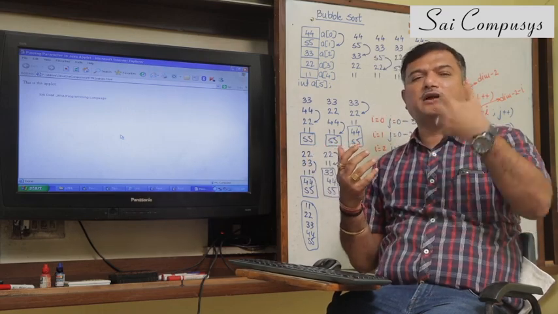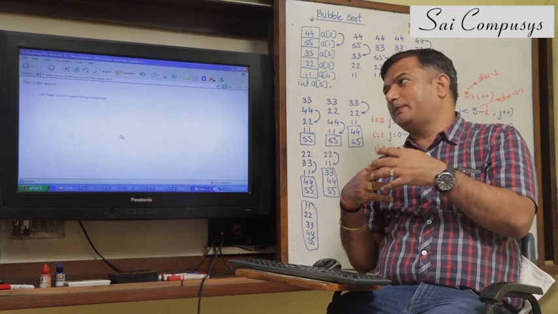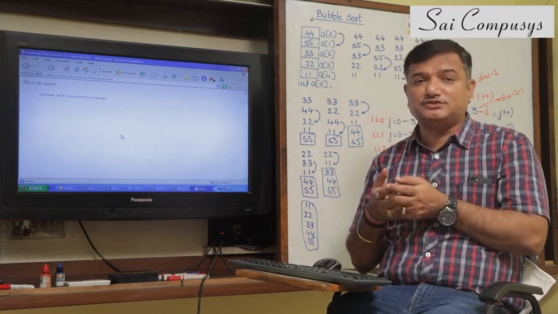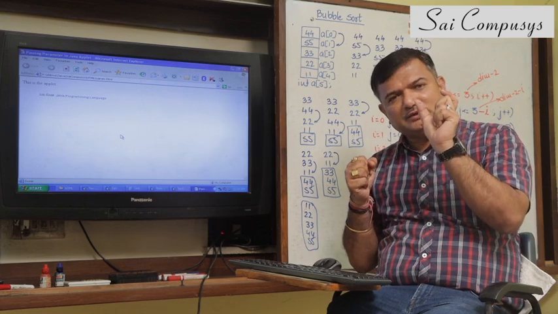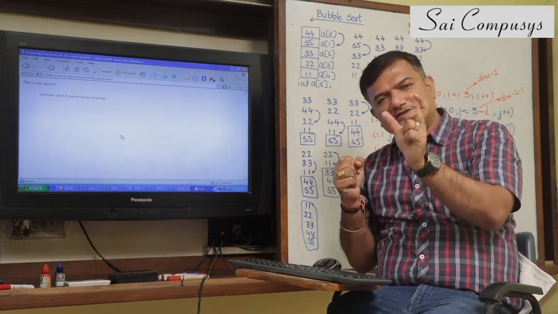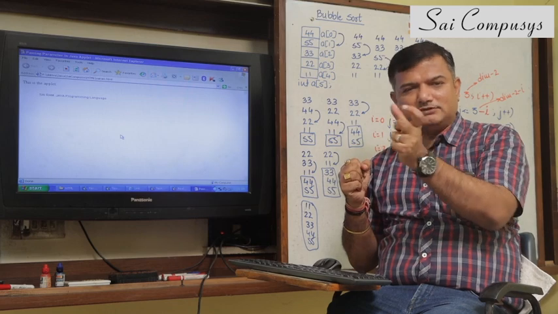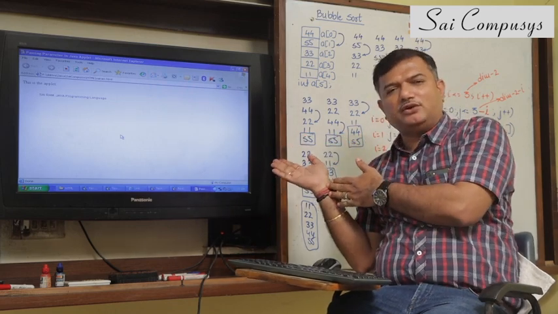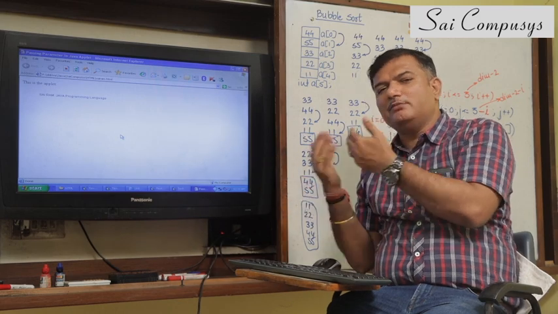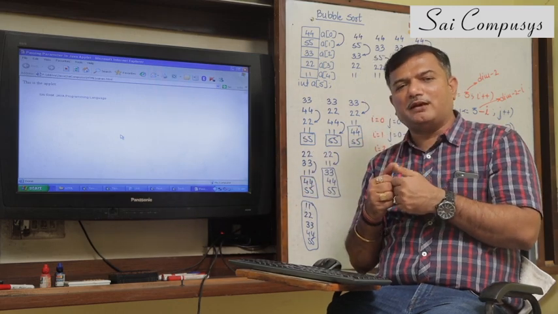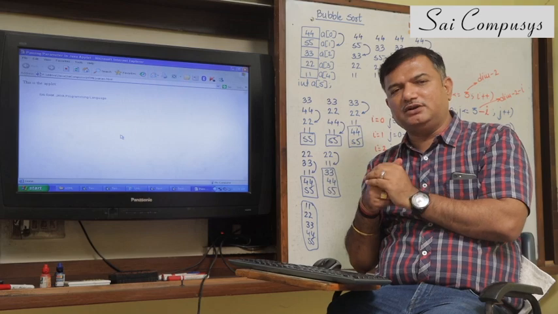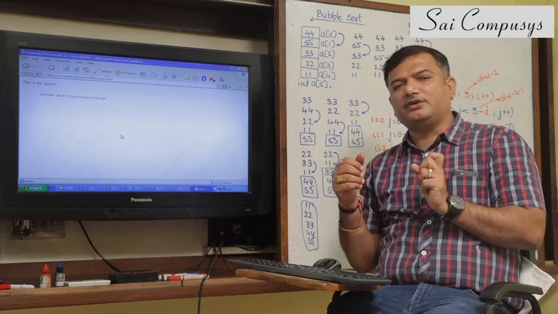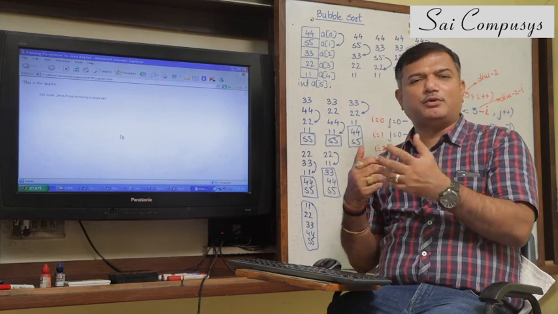Like I can pass the colors I want in the background. I can pass the color of my drawing. I can pass various things to the applet from the HTML. For that, I'll have to use the param tag. I'll have to specify the name of the argument, that is message in my example, and whatever value I can specify along with it. These can be accepted by the applet program by using the getParameter function. The getParameter function has to be told which parameter you are reading, and accordingly you can perform operations on